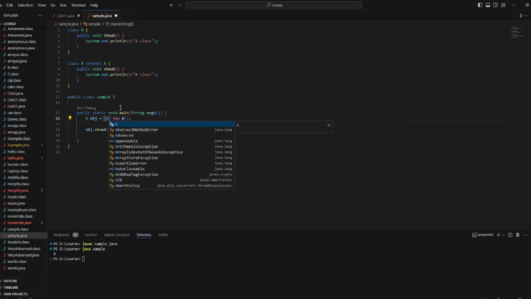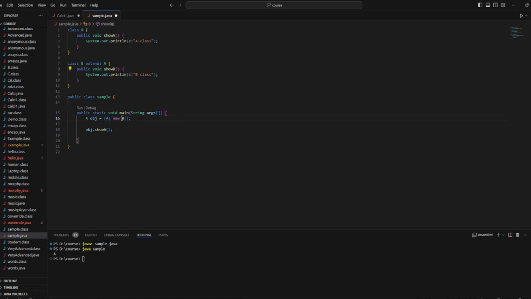In order to change the object of B to the type A, I can use this, just like how we made the variable d of type int. Just like that, I am making the object B of type A, so that I can call the method showA. Even so, it is not necessary to explicitly mention it here.